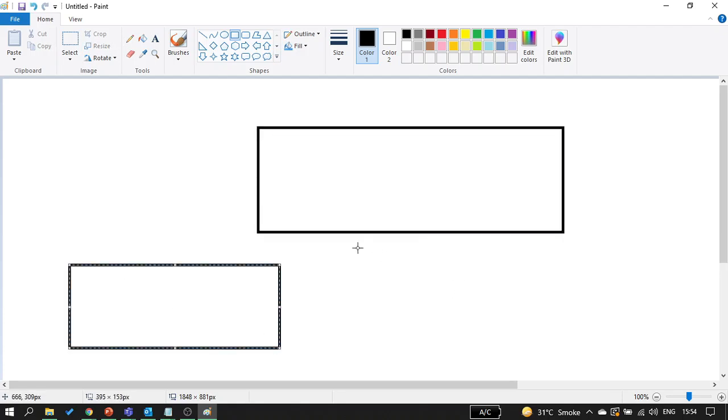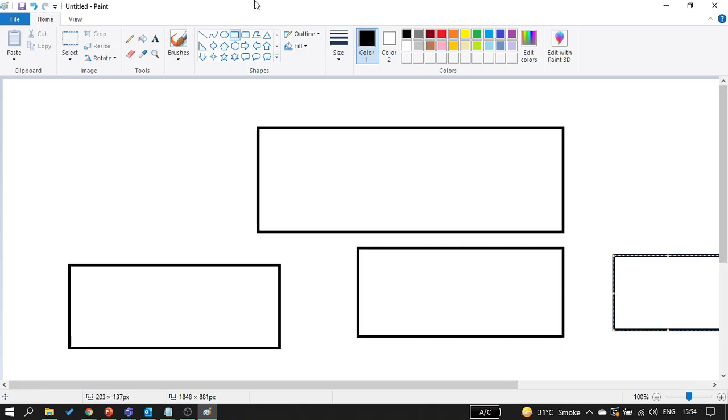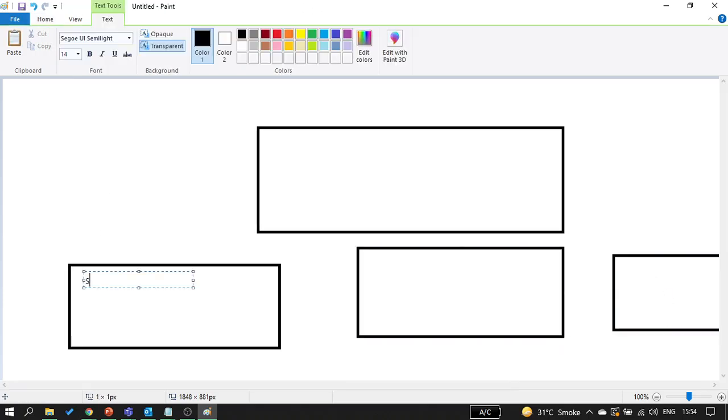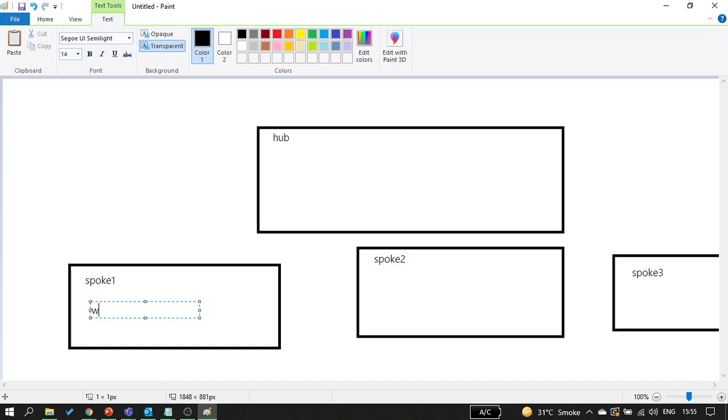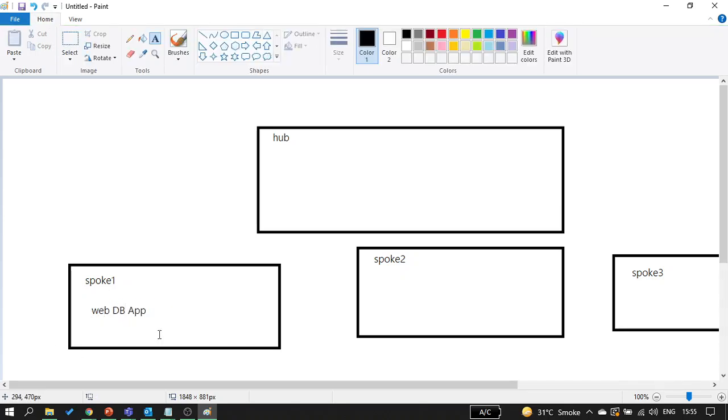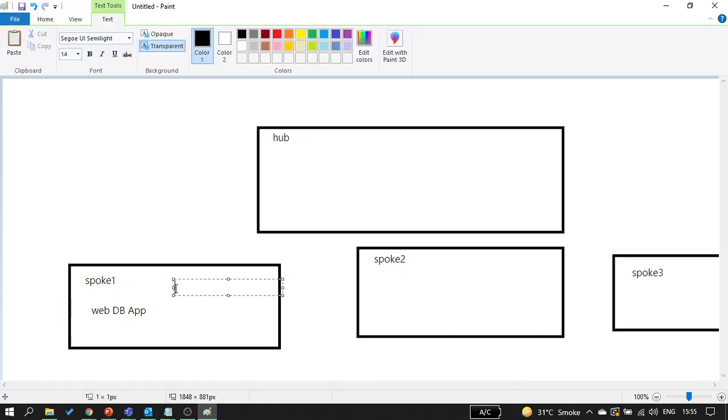Right, those will be my applications, various applications. So those will be my spokes. This will be spoke one, spoke two, this could be spoke three, and this will be my hub network. So what does a hub network do? What does a spoke network do? A spoke could be any application which has a web server, a database server, an application server. By making all these a three-tier application, I might have a Flipkart.com,